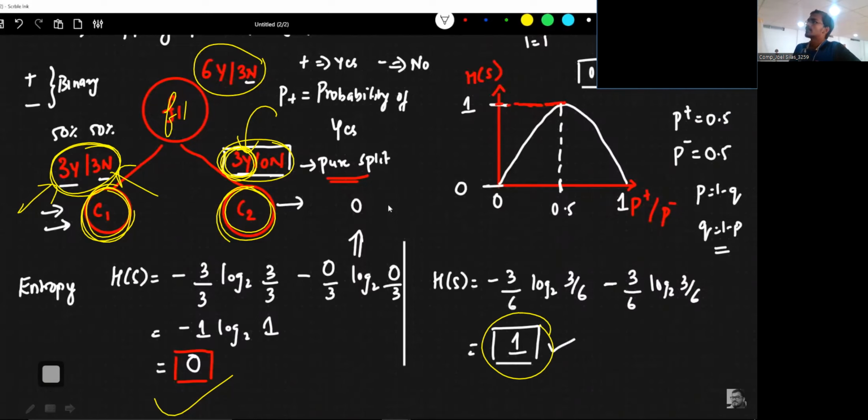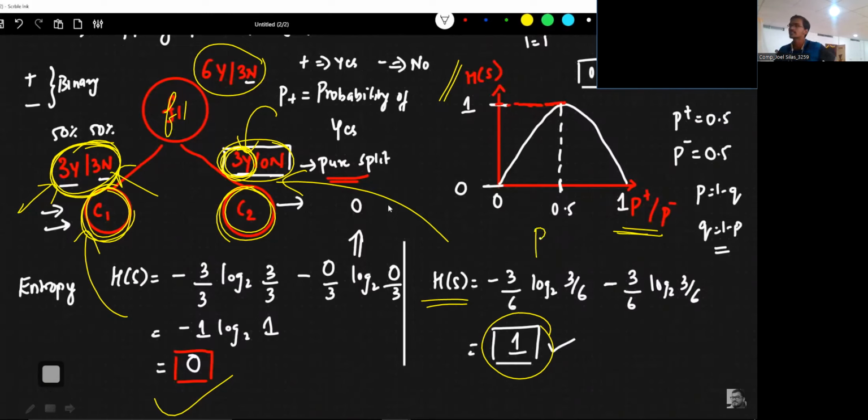Okay, so we have calculated entropy for this particular node. How? Considering the number of yes and no present at this particular split, and the entropy of this particular node by considering the split at this node. Now, if we plot a graph of probability versus entropy, how the graph will come is, suppose there are 2 classes only, then